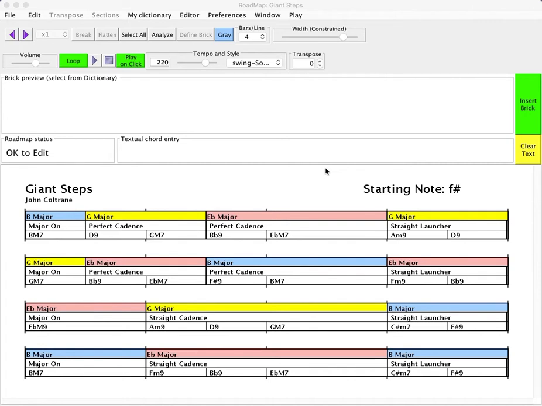And those keys happen to be separated, as the tonics of those keys are separated by major thirds, which is one of the noteworthy aspects of Giant Steps. So within that structure, we have the tune divided into two halves. It's a 16-bar tune, and there are two sections of 8 bars, and then within those there are subsections of